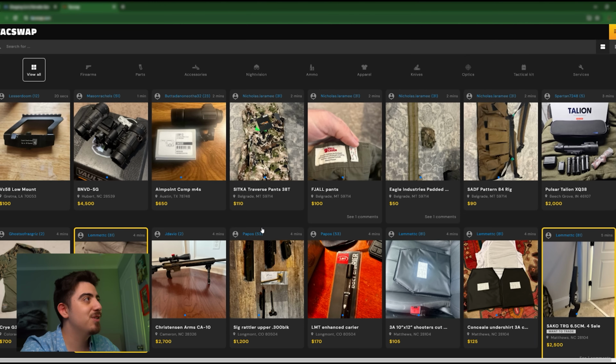That's what they call themselves. So I bought a lot of stuff off TaxSwap. I highly recommend, I'm a big proponent of the secondhand marketplace, whether it be TaxSwap, GAFs, ARFCOM, peer-to-peer sales, local forums. You can find a lot of good stuff for cheap. A lot of people don't actually shoot their guns. They just argue online about it, and you can capitalize on that a little bit and get some pretty